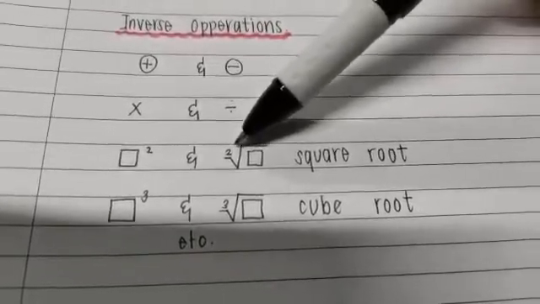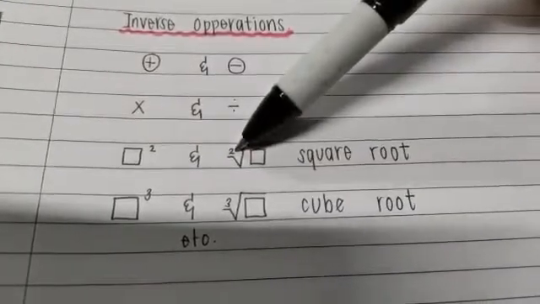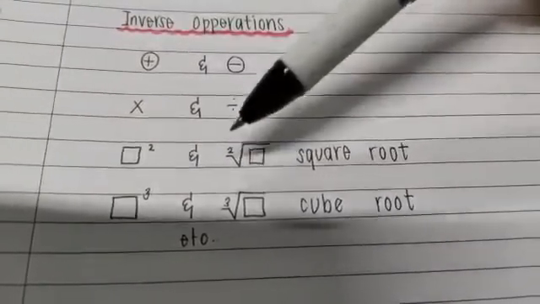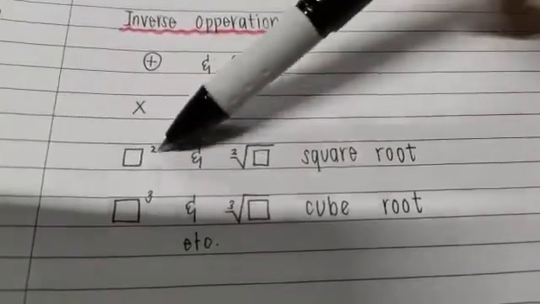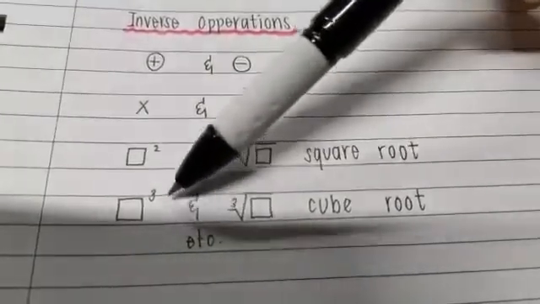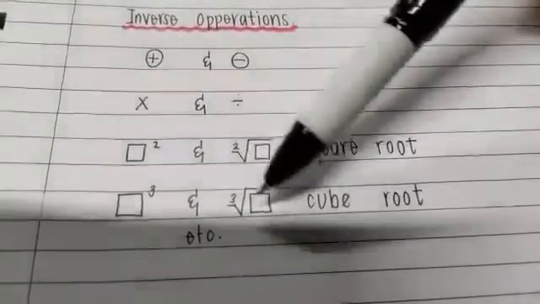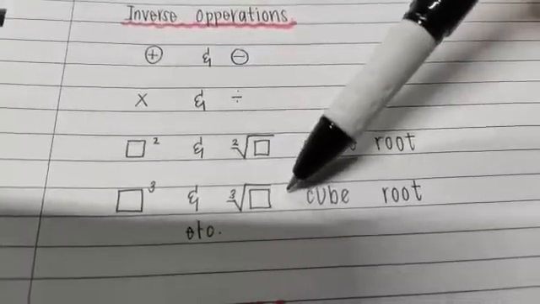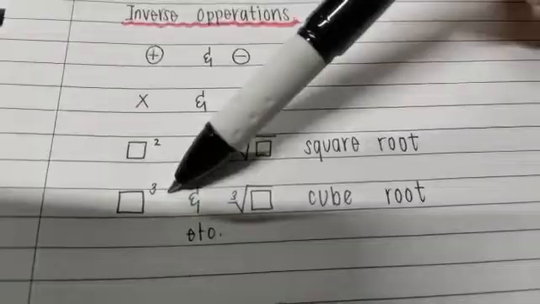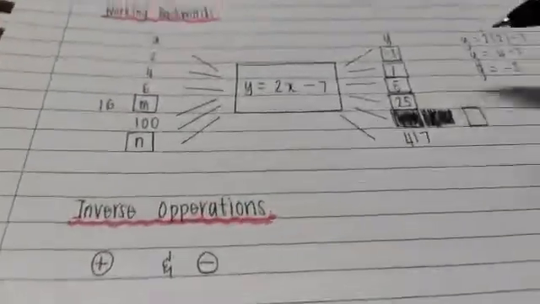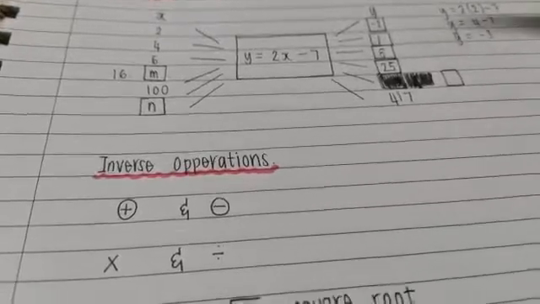I just wrote it here so that you guys can see that what the exponent is over there is technically what the root is over here. Okay, so if I have a number square rooted and I want the inverse of it, it would be square. And the same thing for cube. If I have a number cubed and I want the inverse of it, I would say cube root. And if I had a number cube rooted and I want the inverse of it, I would say cube that number. Okay, so remember when we're going backwards from here,